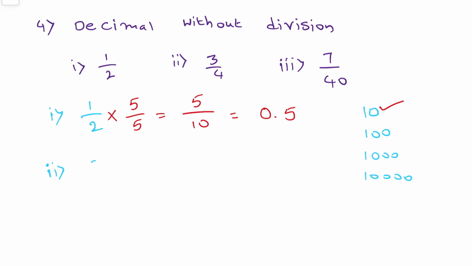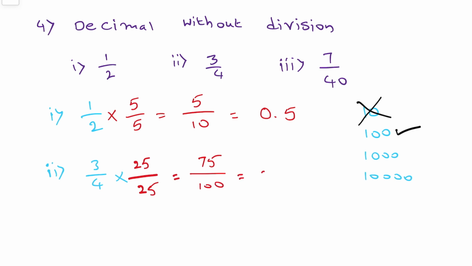Let's take the second number then. 3 by 4. Again same. In the denominator, we need to make either 10 or 100 or 1000 or 10,000 and so on. Now if we observe the denominator 4, in the 4 table we won't get 10, so cross it out. Next number is 100, right? In the 4 table, where will we get 100? That is 25 times. So multiply and divide by 25. 25 3s are 75 by 25 4s are 100. 75 by 100,